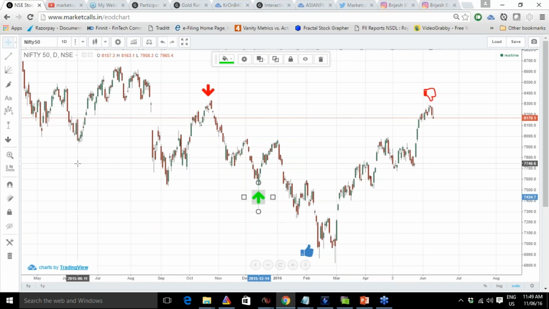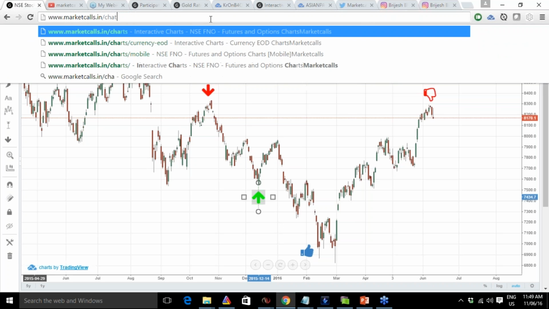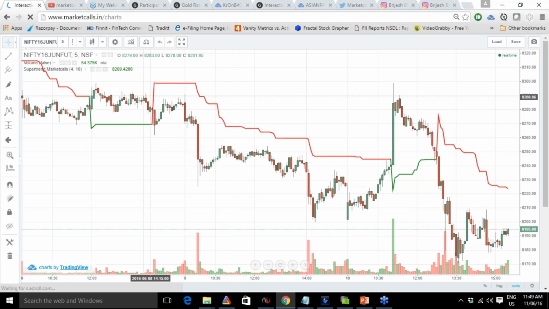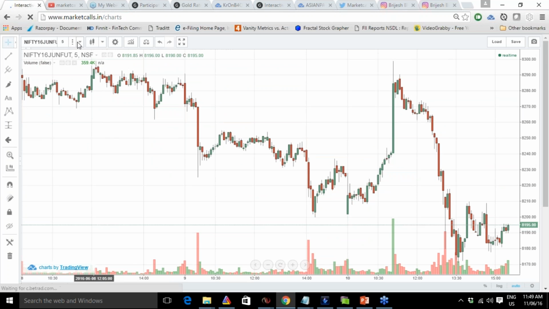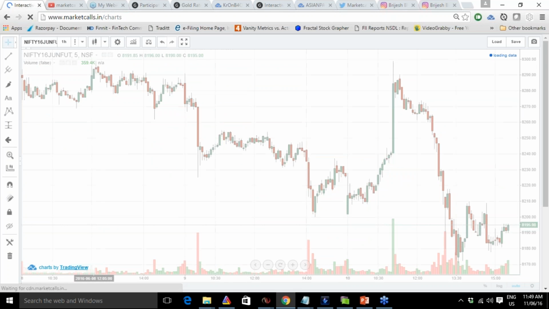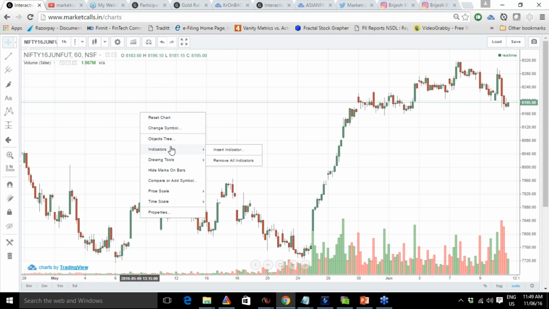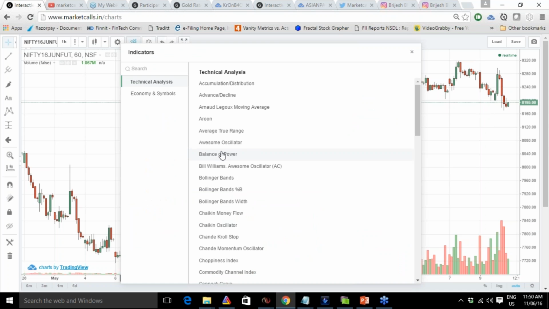Okay, correlation. Some people are interested in doing correlation based studies. Let me open the FNO charts. It's simple, Marketcalls.in/charts. And from here, let's say I want to plot a correlation between Nifty and Bank Nifty. Let me put it on the Harley charts, and I want to monitor the correlation between two symbols. Let me insert the indicator. The indicator name is correlation